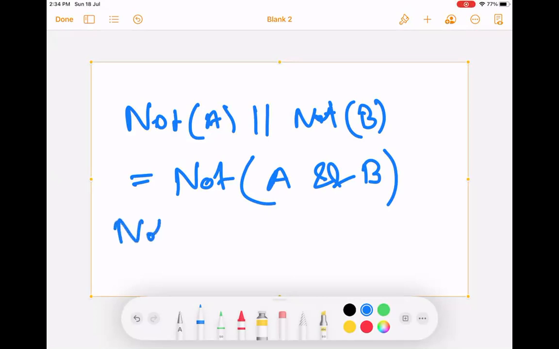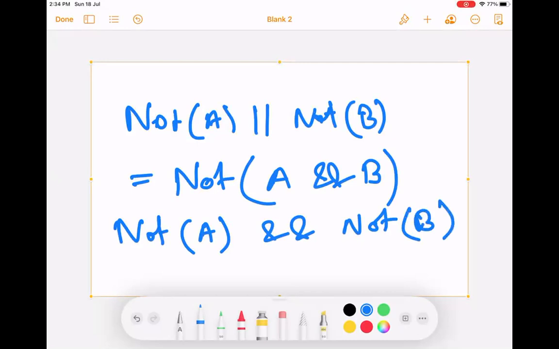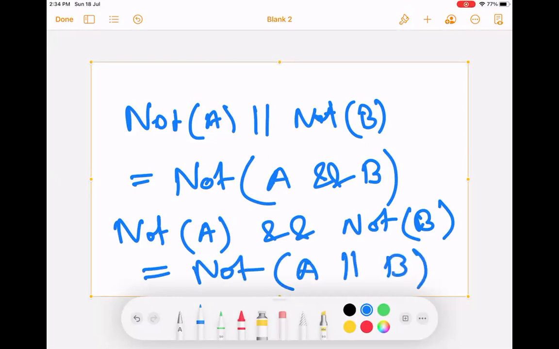Again, not A and not B is equal to not (A or B). Clear? Thirdly, yes, sir. So this is the situation.